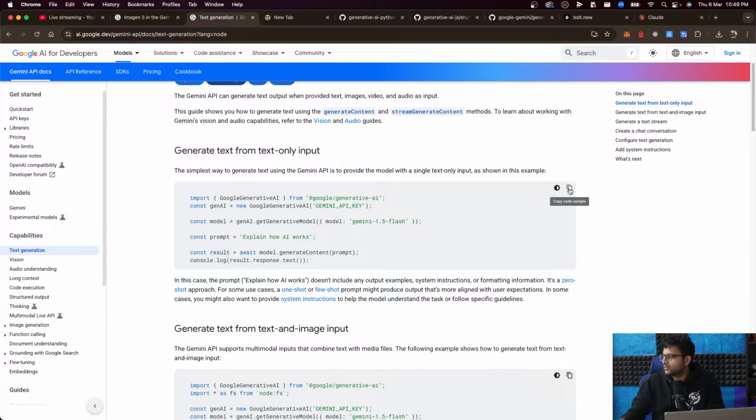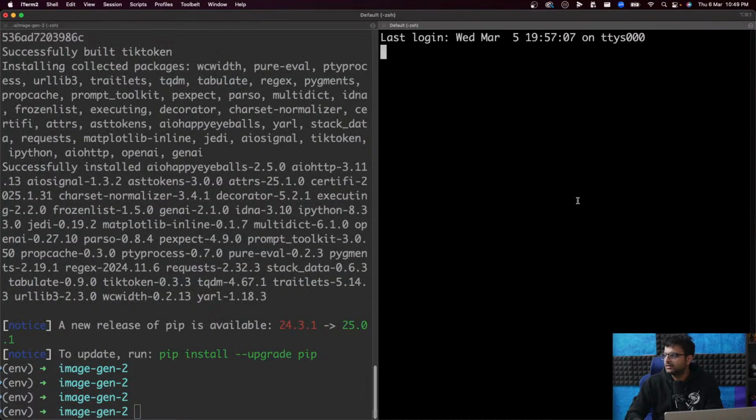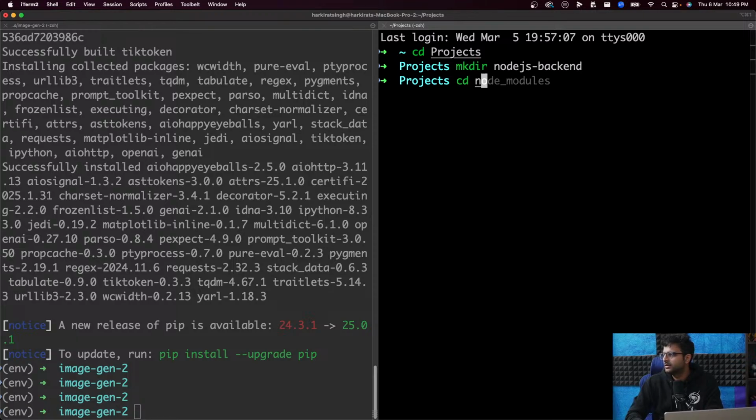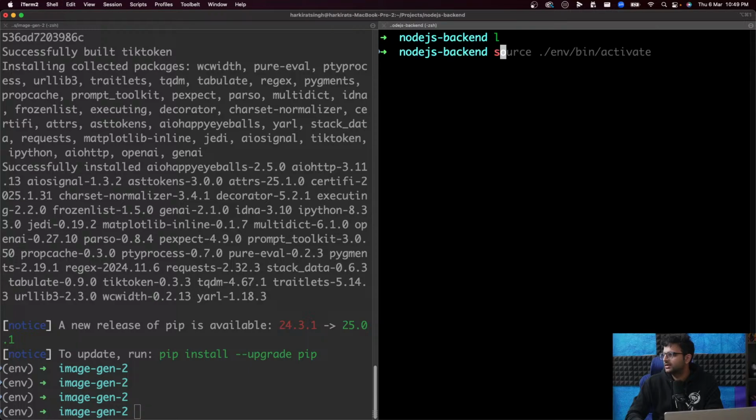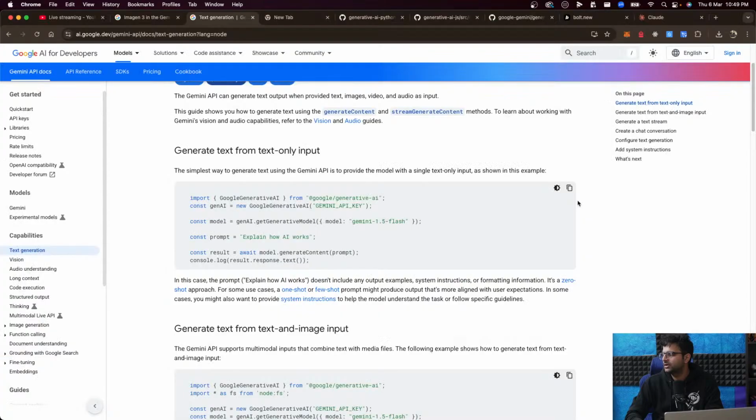Let me quickly show you. If you ever have a Node.js backend, mkdir nodejs-backend, cd nodejs-backend.